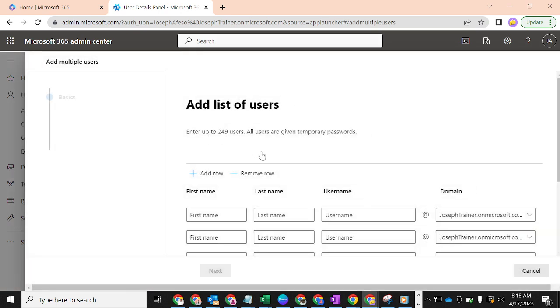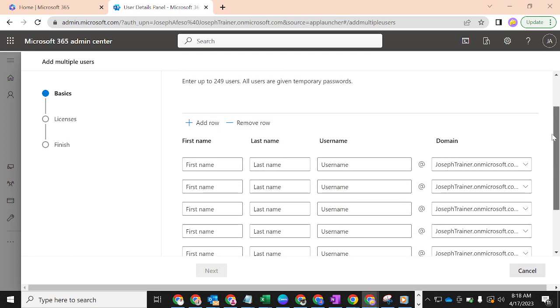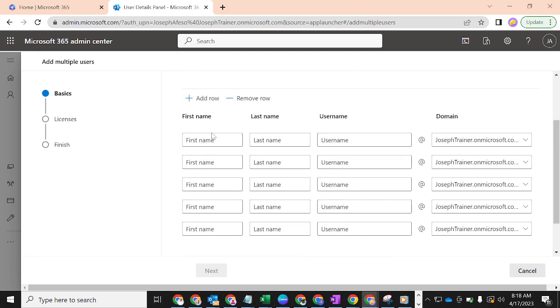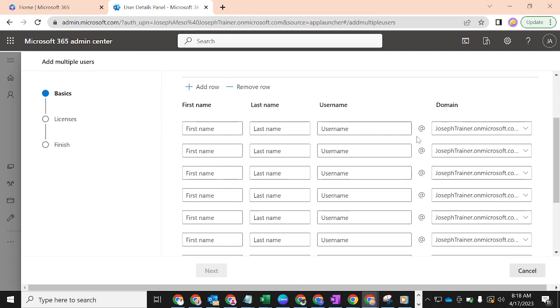Now, in adding multiple users, you can enter up to 249 users at a time. All right. But they will display 5 for you. 1, 2, 3, 4, 5. You can now decide to add more rows, right? Until you get to 249 users that you can just type their names here. You can just give it a name,